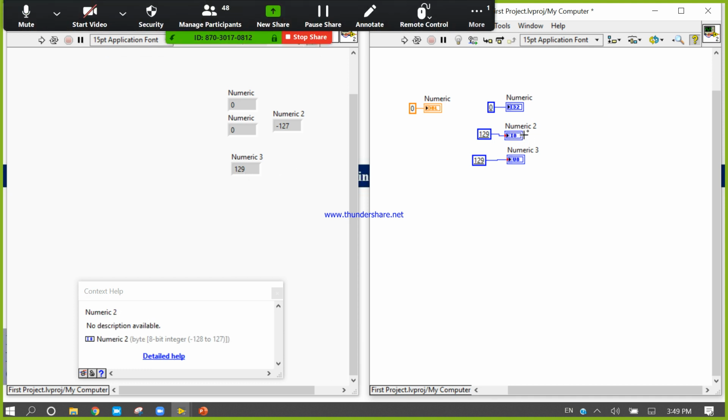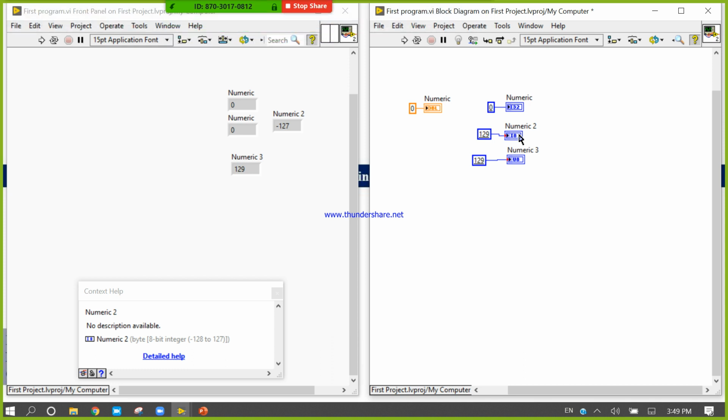I means signed integer, and U means unsigned integer. So this is the I8.